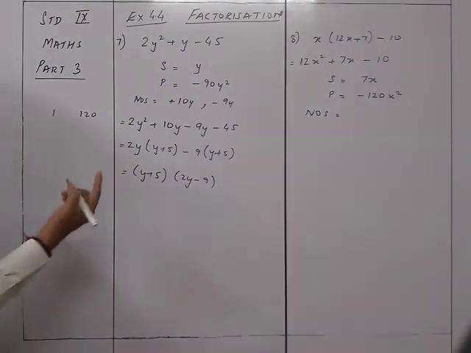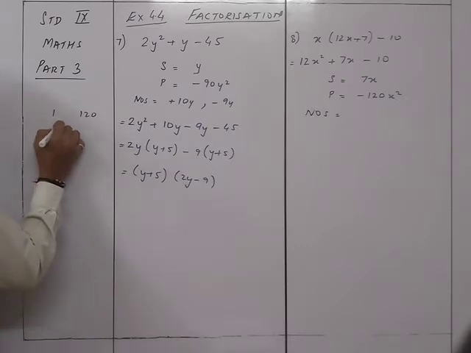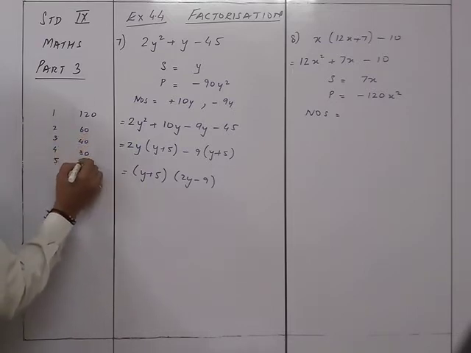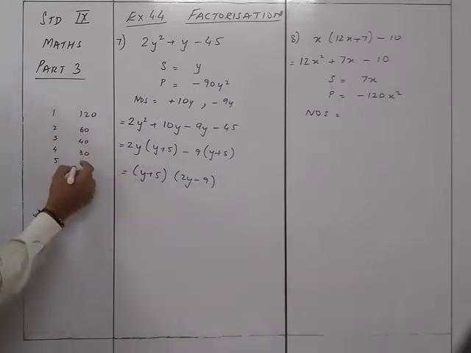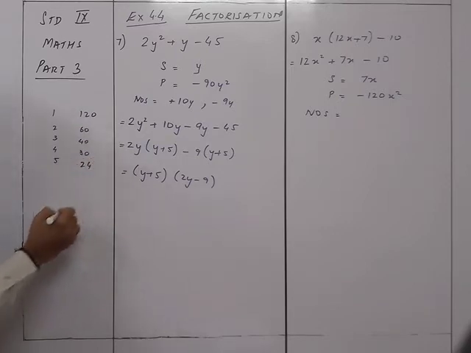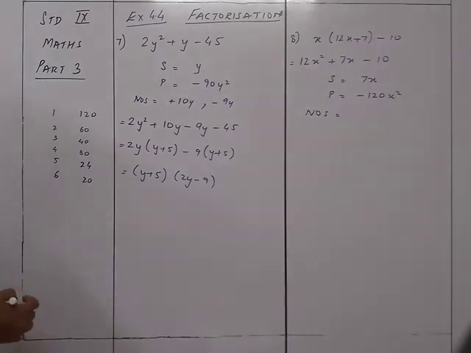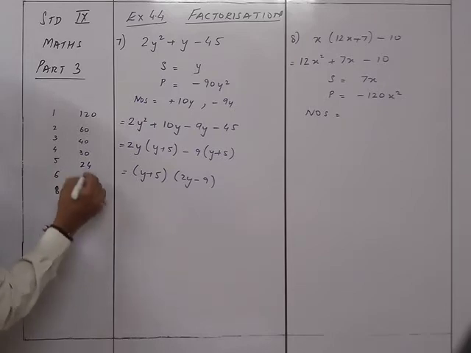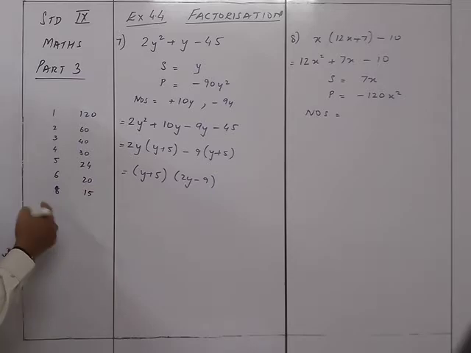1 into 120 because 120 के factors ढूंढने हैं. So 2 and 60, right? Then it will be 3 and 40, 4 and 30. Okay, then 5 and 24. Still 7 नहीं आ सकता है. 6 के साथ में 6 and 20 will be again not possible. 7 से नहीं होगा. 8 के साथ में 8 and 15. Yeah, 15 and 8 that's the numbers.